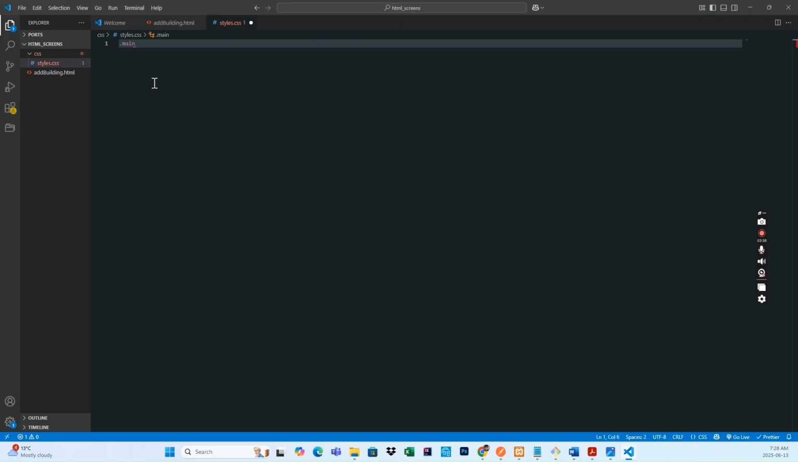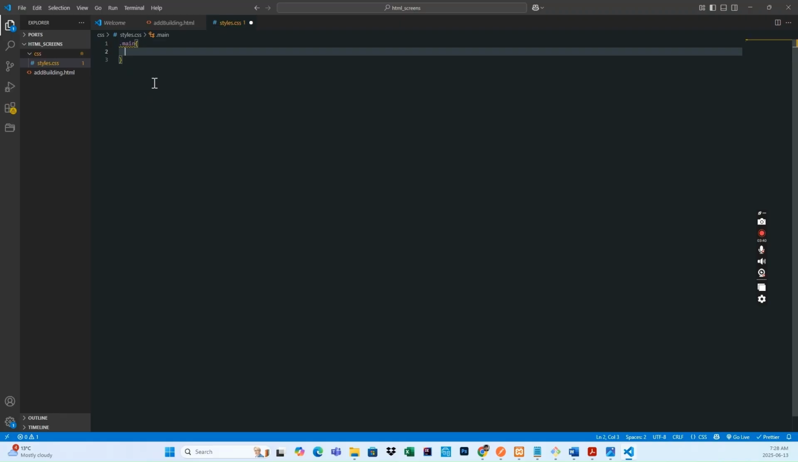Now I'm going to select the main div, and I'm using the class .main, and I'm going to give the background color to any color, just to show how it looks in the browser. So I'm going to use this color, cornflower blue, and